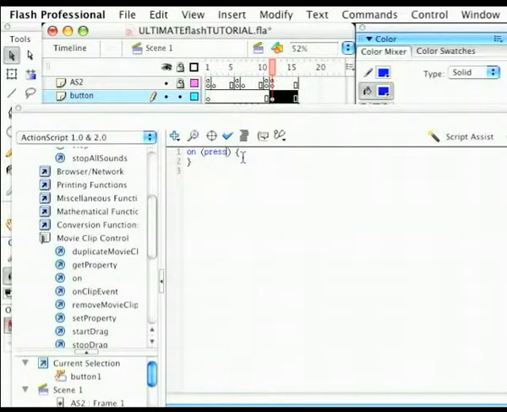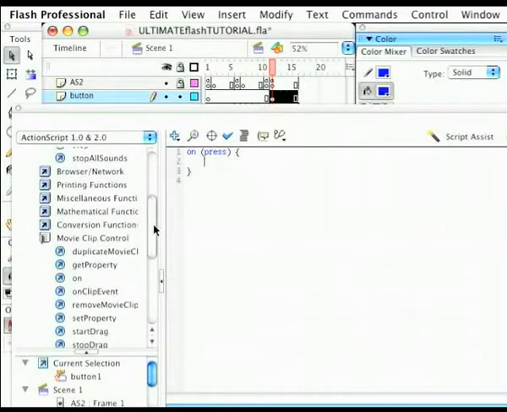So on press, which means when it's been pressed, and then you can see I've got these inverted brackets again for putting actions on. So once the button's been pressed, I basically want my movie to go to and play the frame after this frame at the end here in frame 16. So if we think about the global values of the actual frame numbers, then the next frame after this scene would be frame 17. So I'm just going to press enter, and that's put in a new line of code,